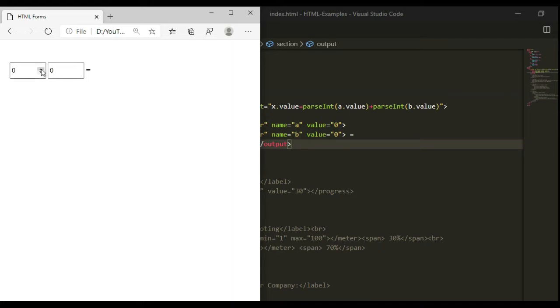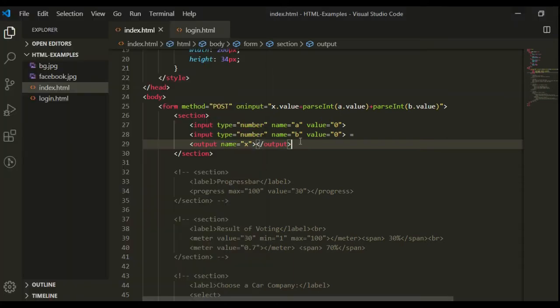When we change some value in these input type number fields, you can see here as output the calculation of both the values entered in these input fields. Suppose I change it here, so the output will change. So how it is working, let's see in the code.